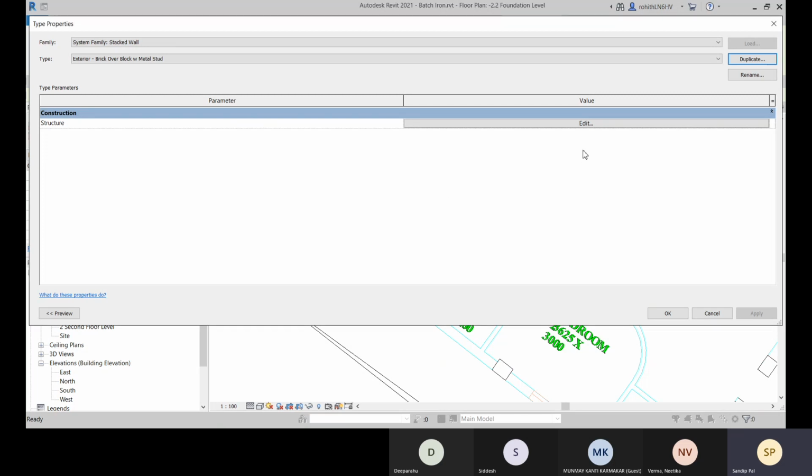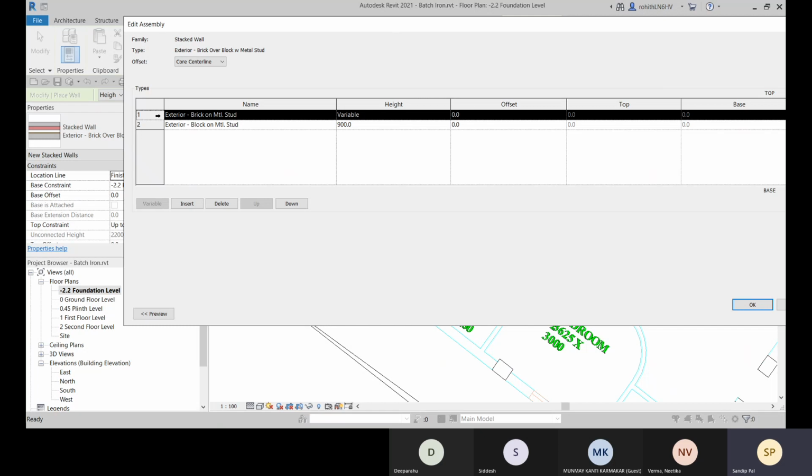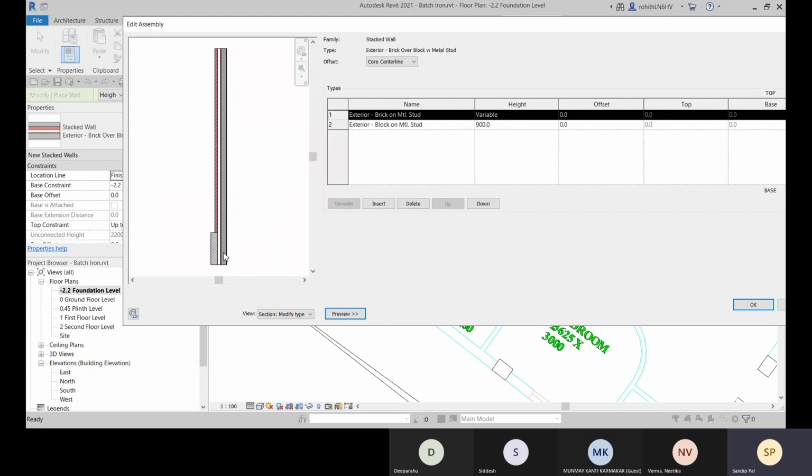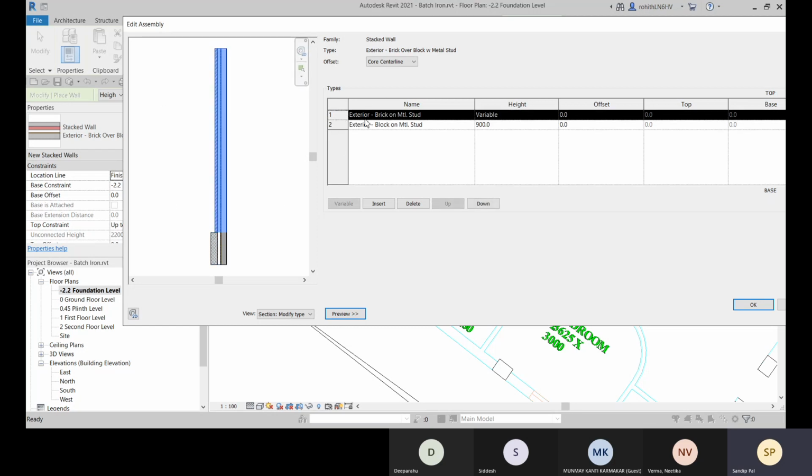Okay. So before that, let me show you this stacked wall. So within this stacked wall, we have two different sub walls. Here you can see, and let me show you in the preview. So this is one wall, one sub wall, and this is another sub wall.